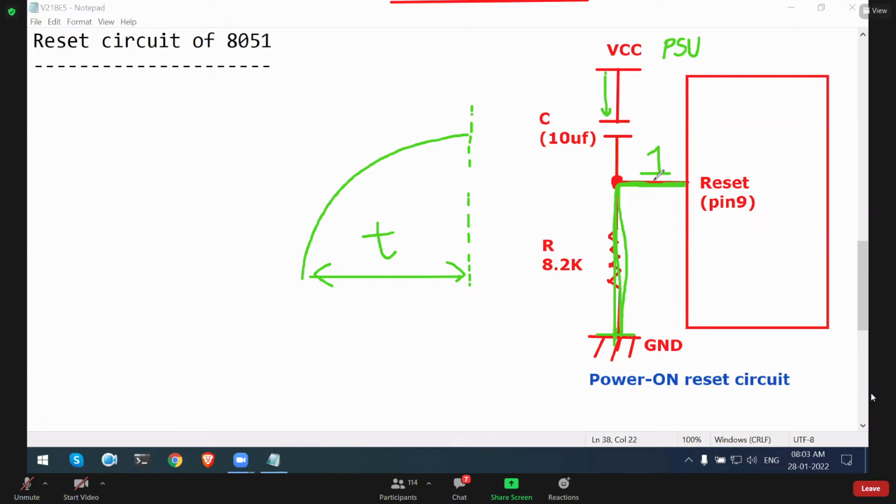If you keep this pin at 1, your microcontroller will reset again and again, and your microcontroller will not execute the program. Microcontroller will not execute software. As long as the reset pin is 1, the microcontroller will not execute the software, or the program. So if you want your microcontroller to execute software,